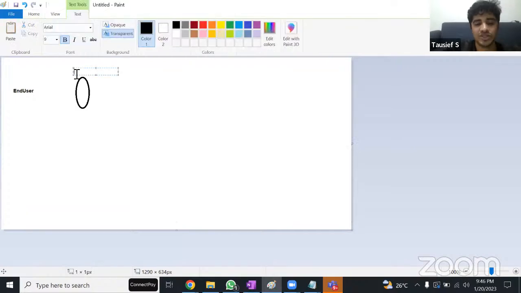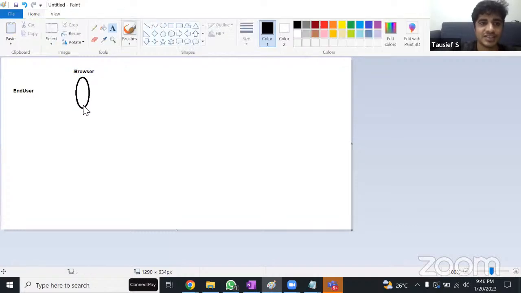The end user goes to the web browser and passes the credentials. Now you all know that UI assets are deployed on the backend server, but when